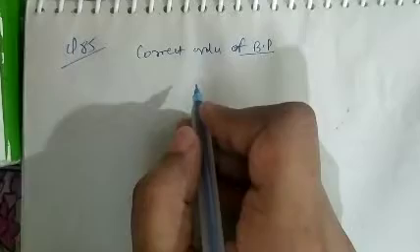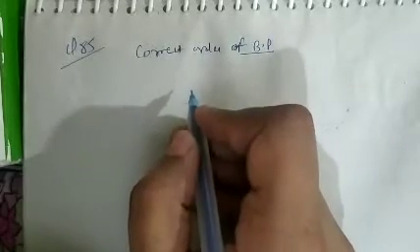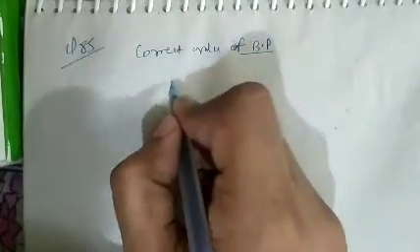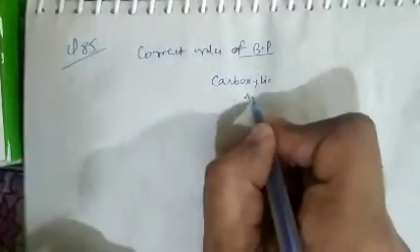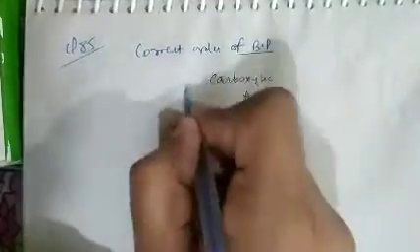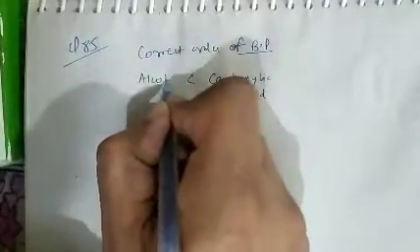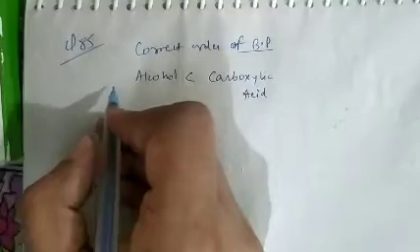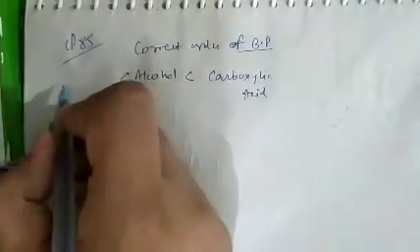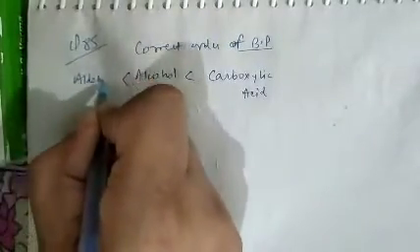As we know, carboxylic acid has the highest boiling point. After carboxylic acid comes alcohol, and after alcohol it is aldehyde, because